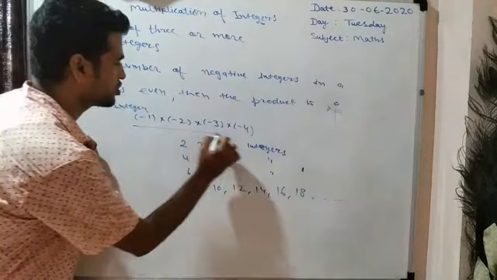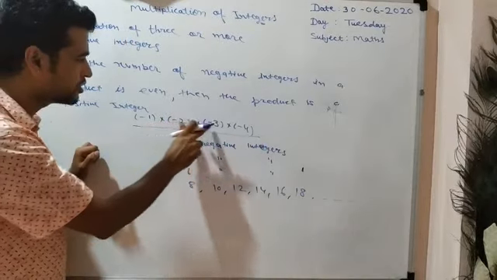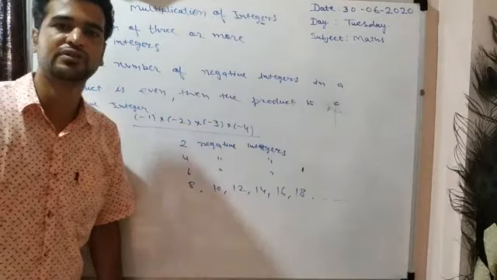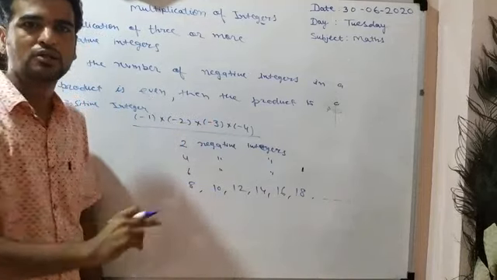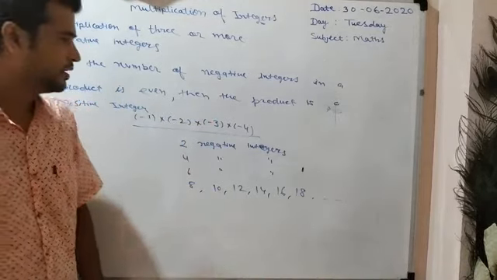Here in this question, we have 1, 2, 3 and 4 negative integers. It means 4 is an even number, so the answer should be positive. So directly we can write